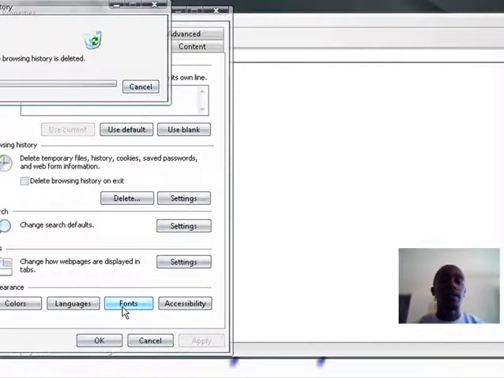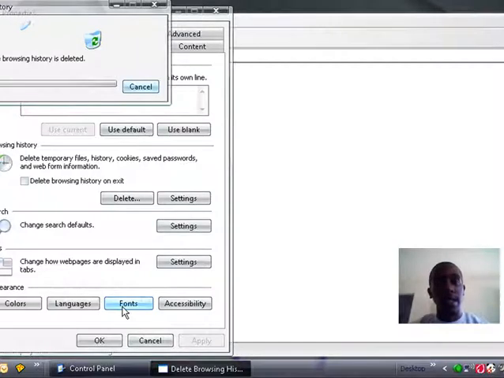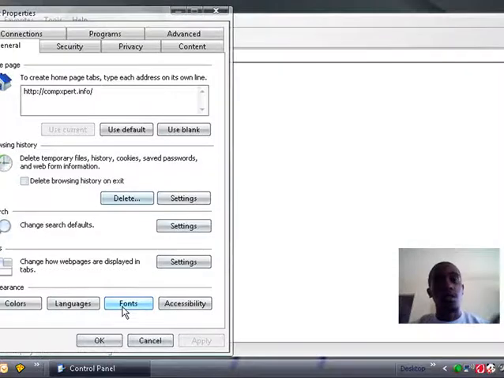Now, the reason you want to delete everything from the internet, cookies and history, is because even though you put the site into a local host, it still runs into your DNS cache. So in order to flush your DNS after you finish with this,